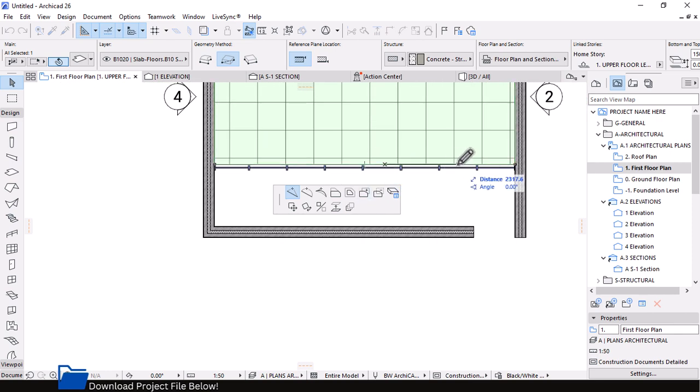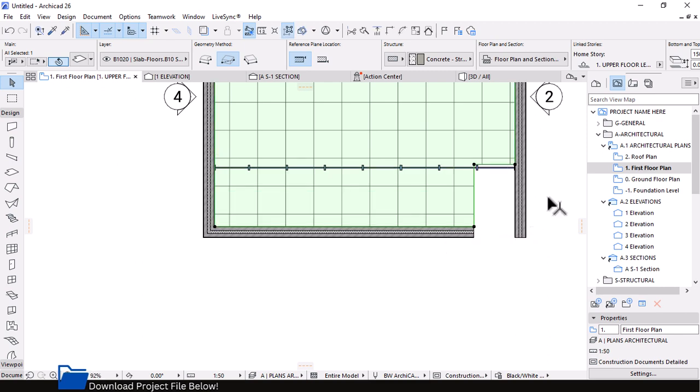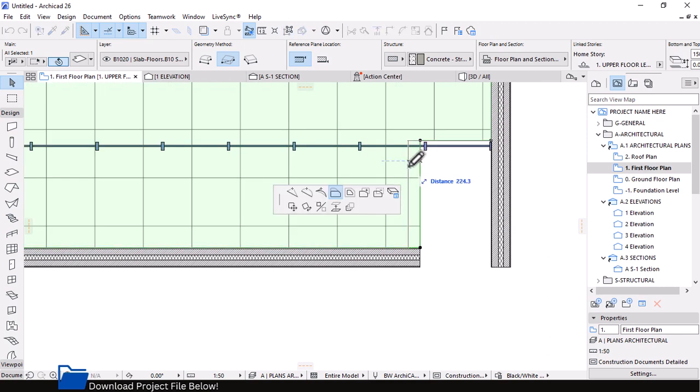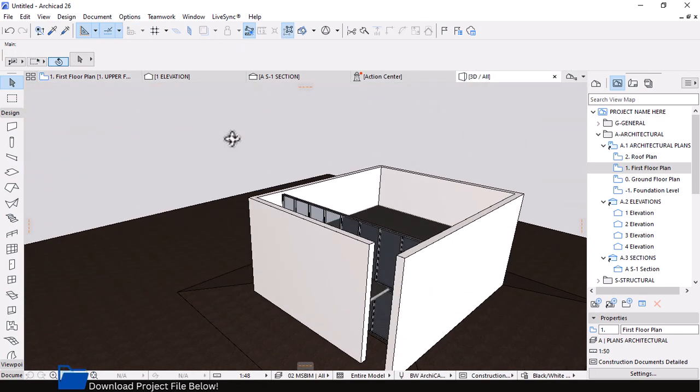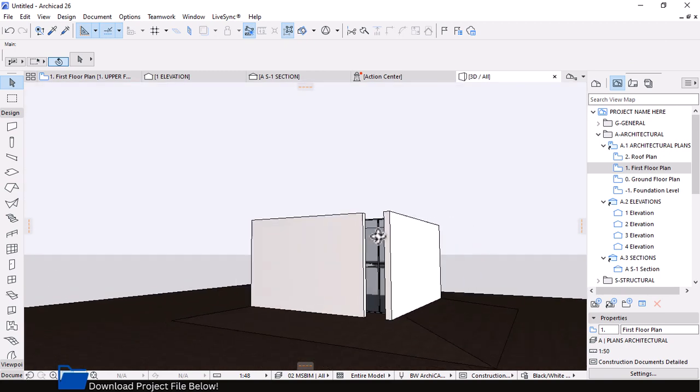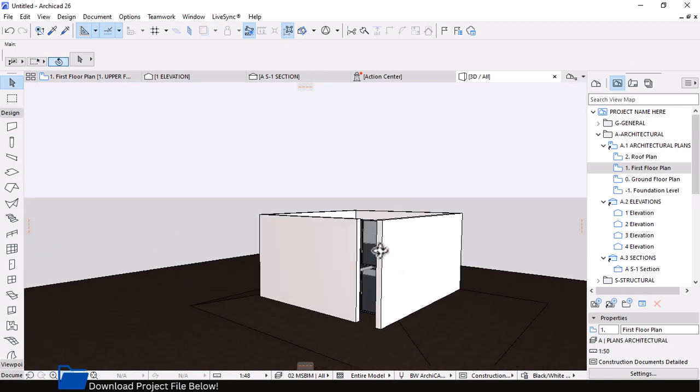somewhere here. It should be around 1.5 in line with this one. So, and then I'm going to offset this edge to here, but it has to be off a bit by maybe 300. Yes. Something like that. Okay, so